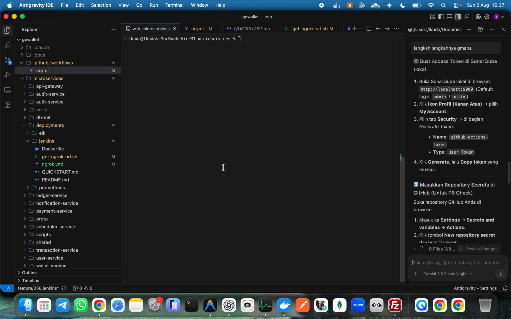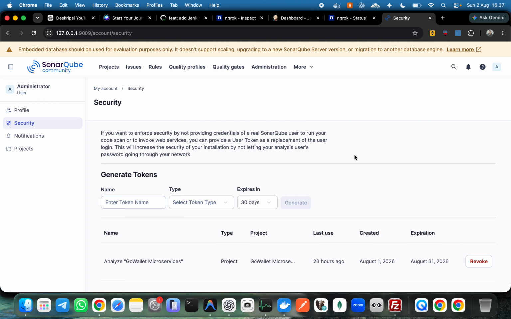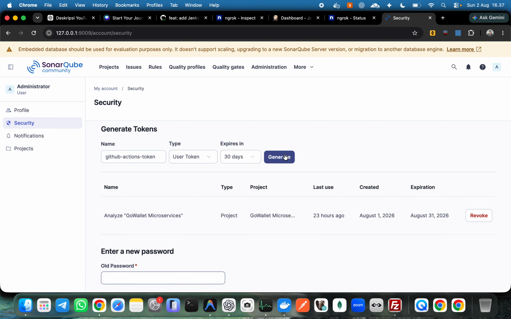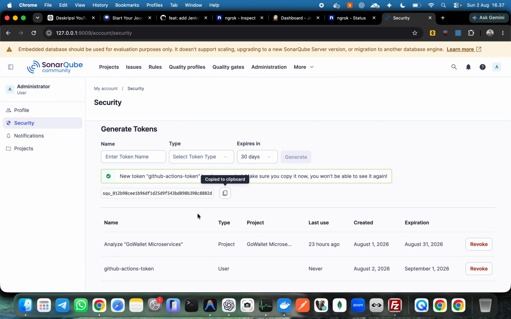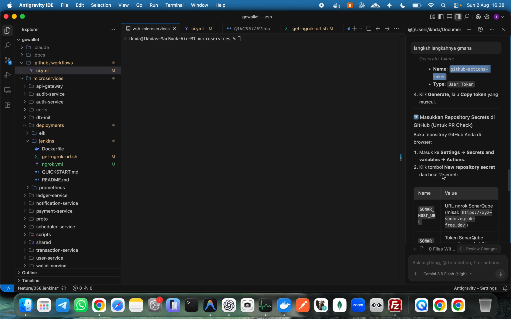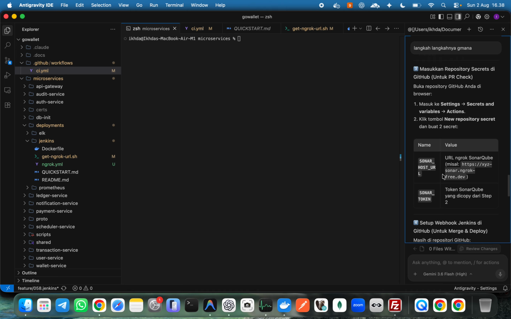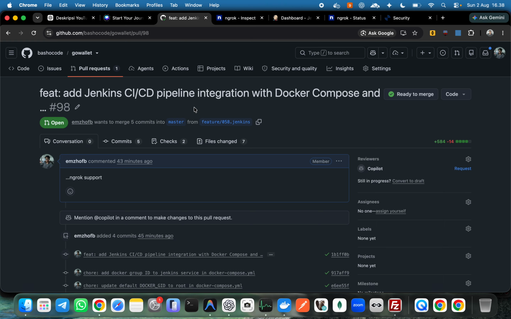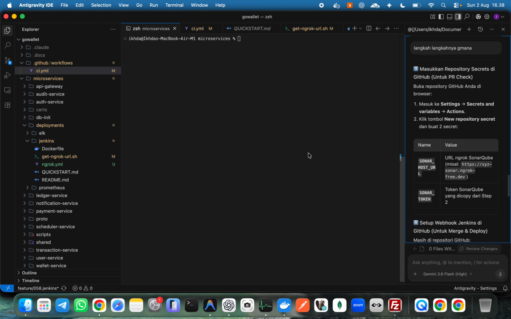This is for the GitHub action token, and I generate the token, this GitHub action token, and this one is a user token. Then I create, generate, and I got this token, and then I go to the GitHub repository, which is here, settings